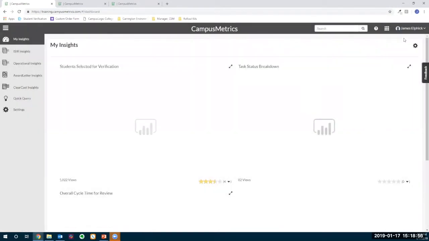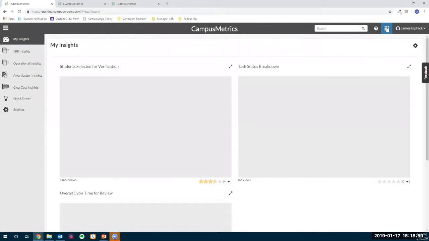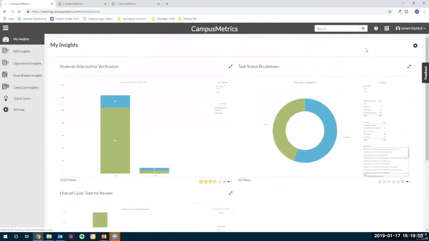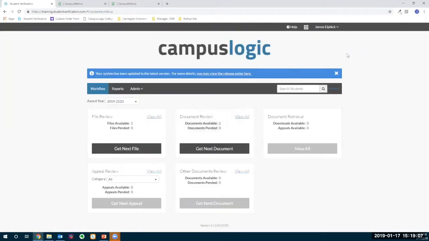So again, in doing so, it takes you right to CampusMetrics, and then you can also switch back if you so choose, and you're back to where you started. Your name has a drop-down menu if you're an admin, and you will have access to Platform Manager from any product that is on the platform. So you can click into Platform Manager,